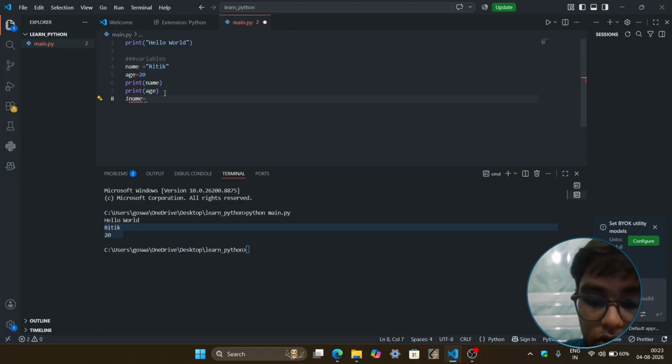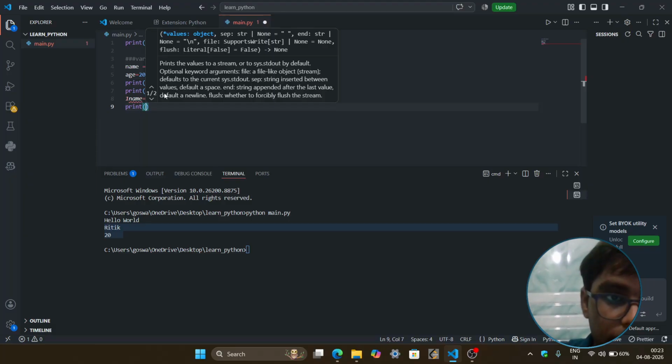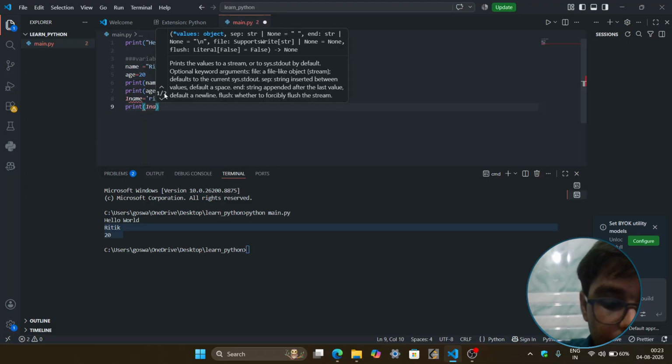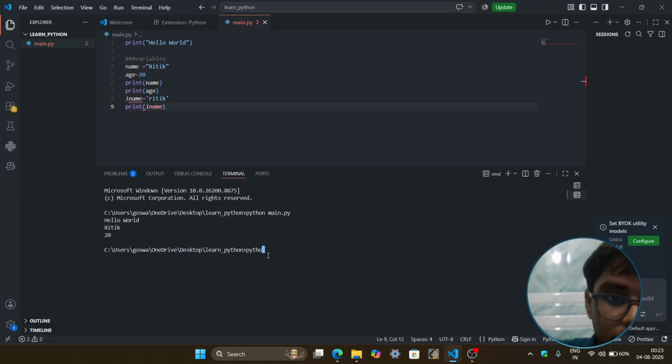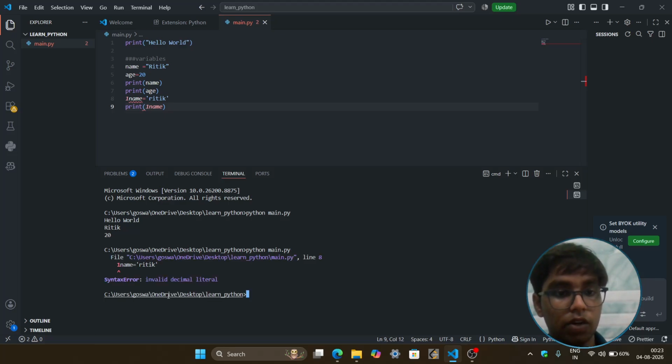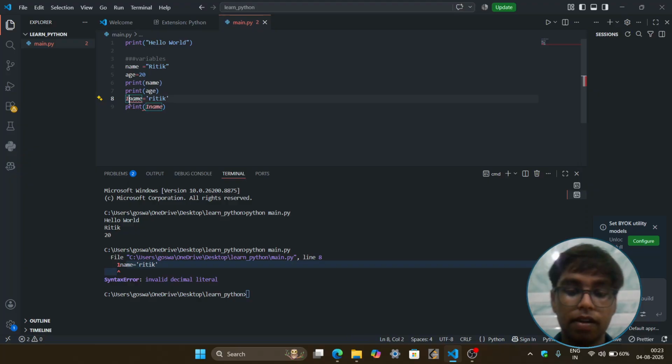Like if I pass my name, Ritik, in it and then print 1name, and then save and run python main.py, it is going to show a syntax error. So you cannot start a variable name with a numerical value.